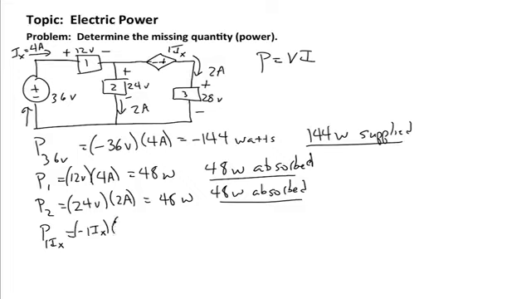minus 1 I sub x times 2 amps. And so that gives us a minus 2 I sub x watts. And we know what I sub x is. I sub x is equal to 4 amps. So we can plug that in, and we get a minus 8 watts of power associated with that current-controlled voltage source. And as before, if we end up with a negative power, then we know that that is supplied power. So we have 8 watts of supplied power